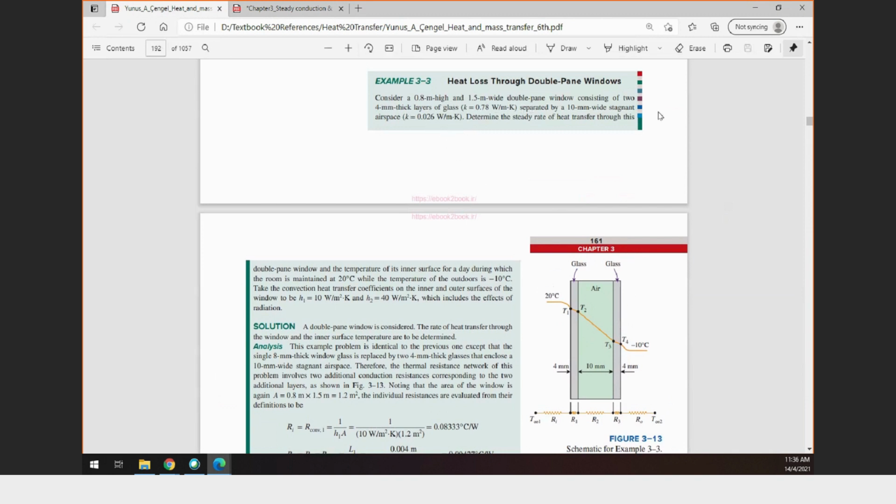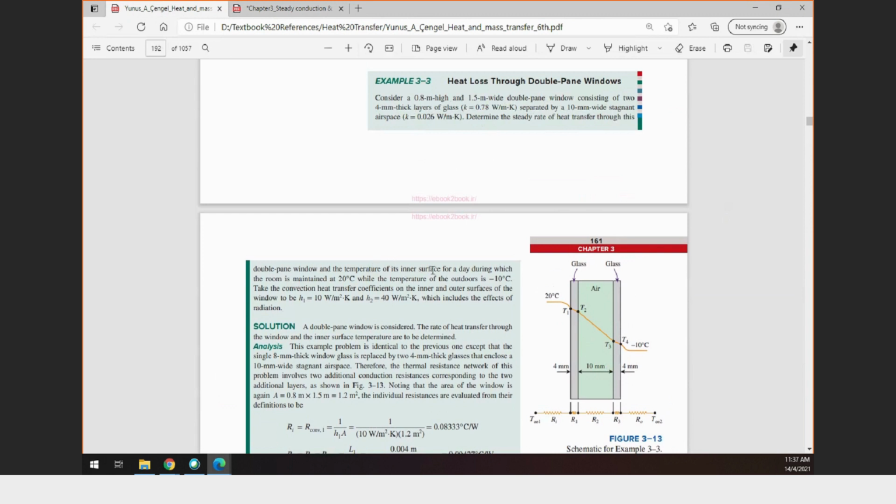Each glass has a thickness of 4 millimeter, with K value 0.78, separated by a 10 millimeter wide stagnant air gap with K value 0.026. Determine the steady rate of heat transfer through this double pane window